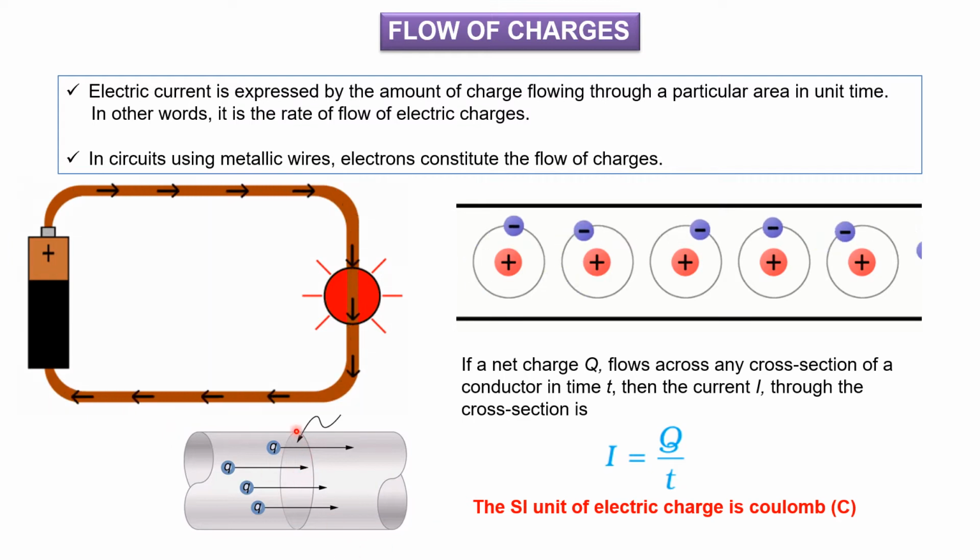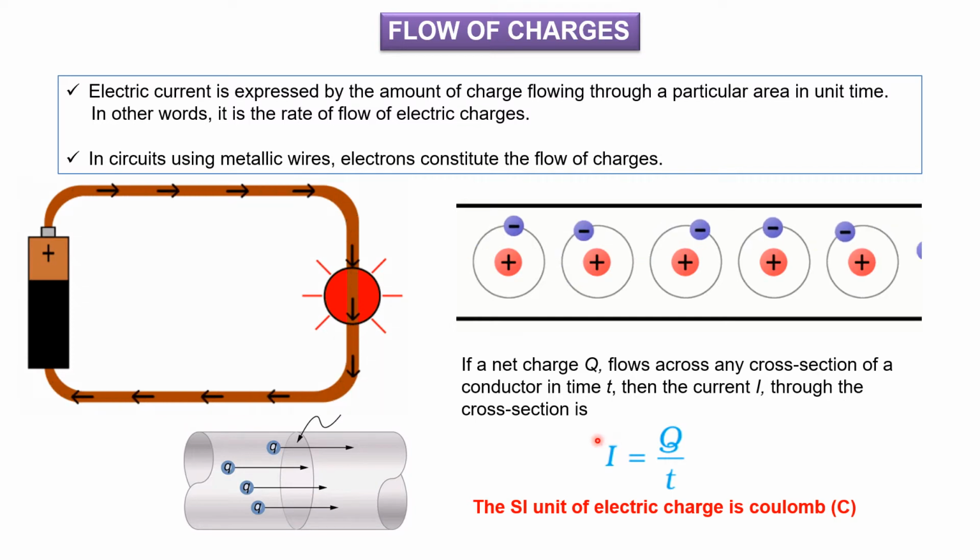Here also you can see, if you take a cross section of a conductor, Q is nothing but charge, that means a group of electrons, so many electrons will be there. So all the electrons crossing this cross section in unit time, that means so many charges passing this cross section in unit time. For example, think that these are human beings and this is the gate. Think that 1, 2, 3, 4 people are passing through the gate in 1 second. That is nothing but current.